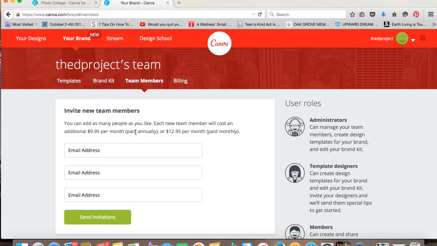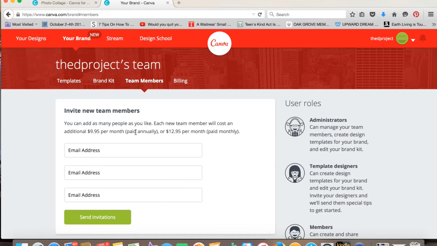Now obviously if you're a youth ministry or church ministry, that could get a little pricey unless you're a larger church. So you may just want to be the sole user of this. Obviously there are other ways to share and things like that. But when you're in a busy, constantly moving organization, this may benefit you as far as what you can share, because things can get shared in